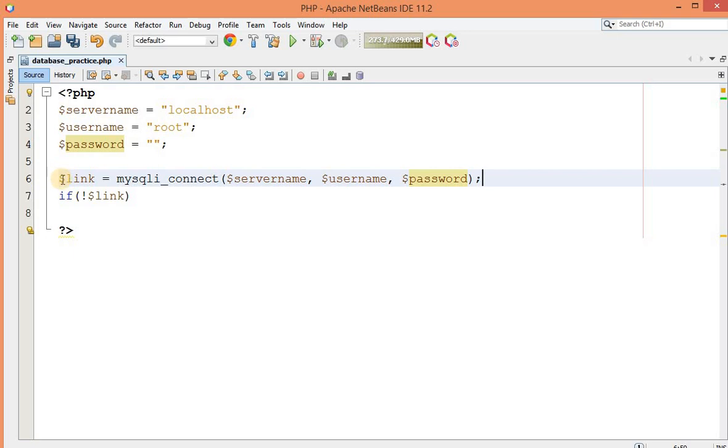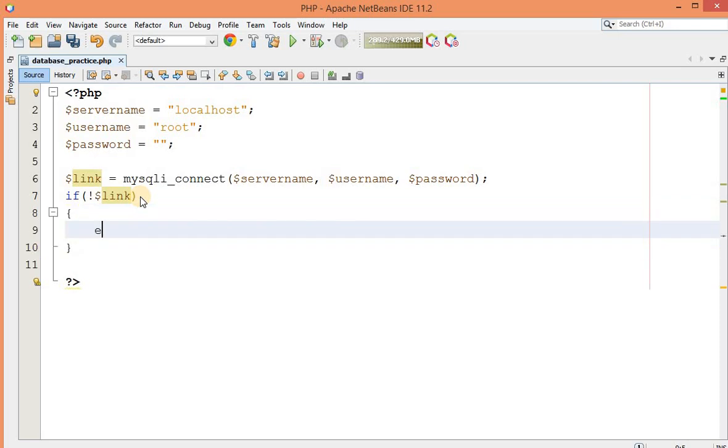Now if it returns false, and if I am applying this kind of operation, this is negation of this particular value, so what will happen? If this link variable is true, then it will become false. If it is false, it will become true. So if link is returning false, then this ultimate condition will become true.